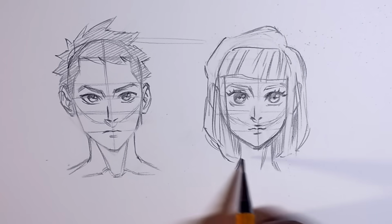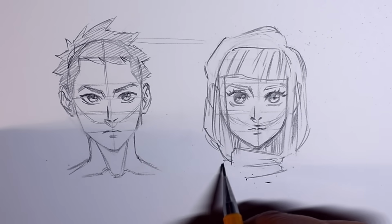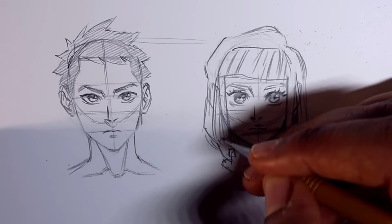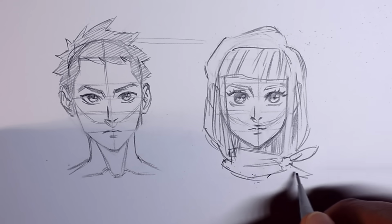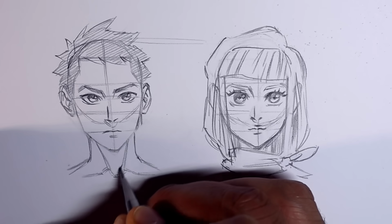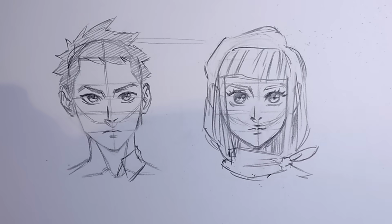I don't always do it. Just shading, just to indicate that that's going to be the back of her hair. For stuff like this, there are videos that go into more detail about drawing scarves, exactly how the ear is going to be drawn, and several ways to draw eyes. I had a video that did that as well, and it explored how other main characters or popular characters from other series drew their eyes. There isn't one way to do anything, especially anime and manga, so feel free to take as many liberties as